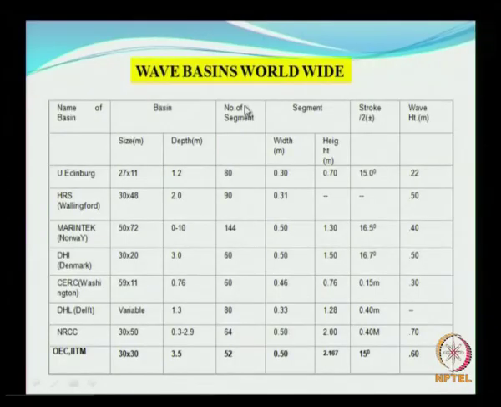The number of segments, the width of the segment, and the stroke needed for generating the wave height you would like to have are also given here. Looking at the stroke, a comparable wave height that could be achieved in the basin is 0.6 meters,